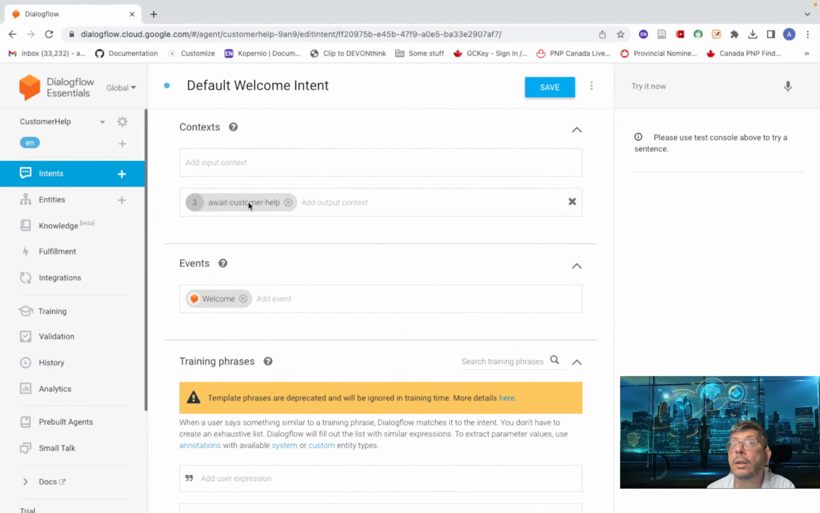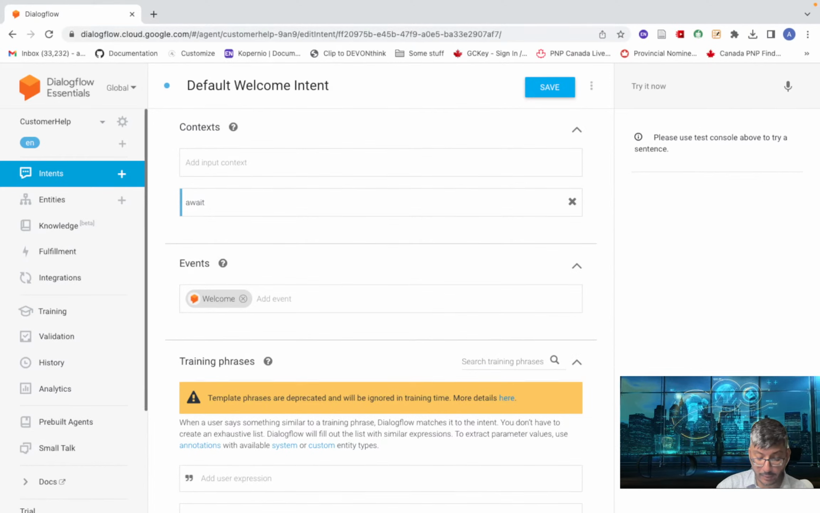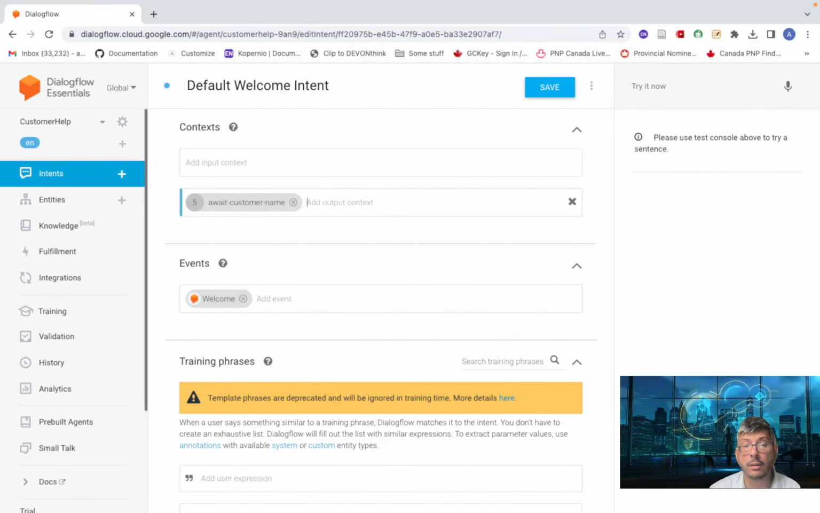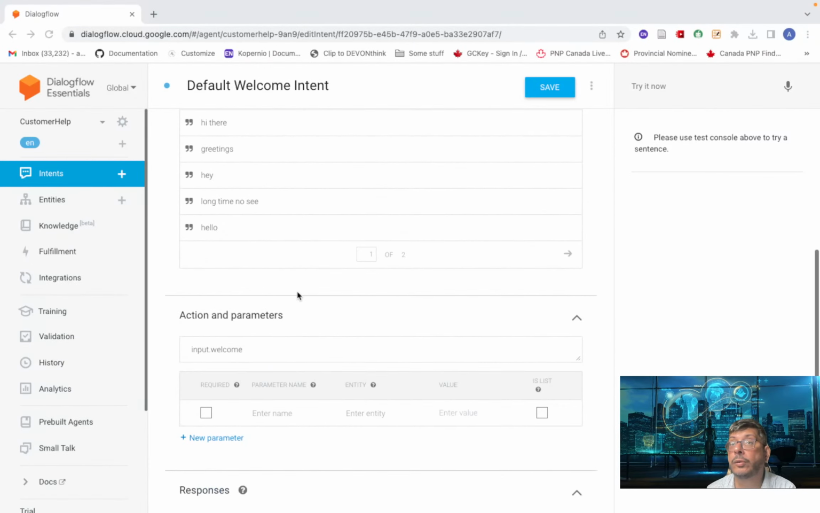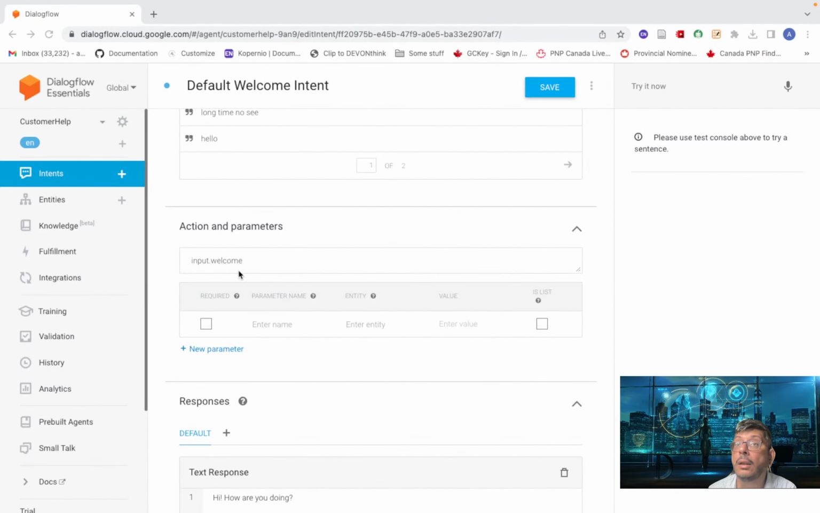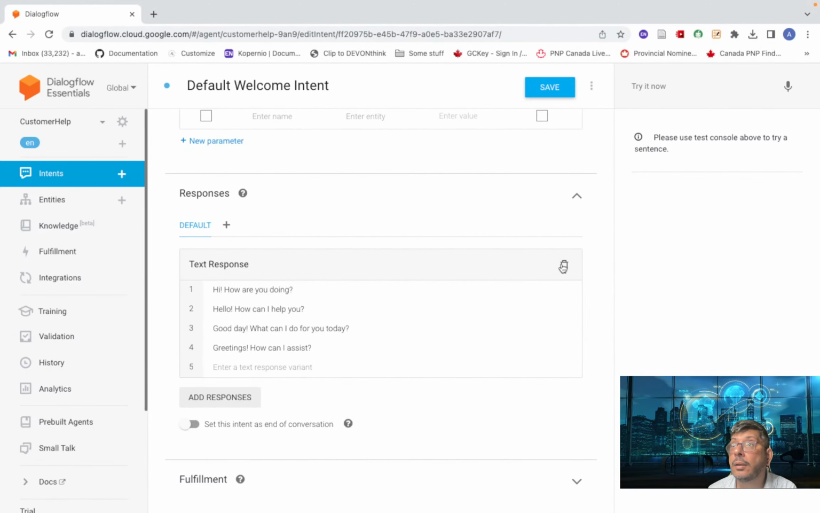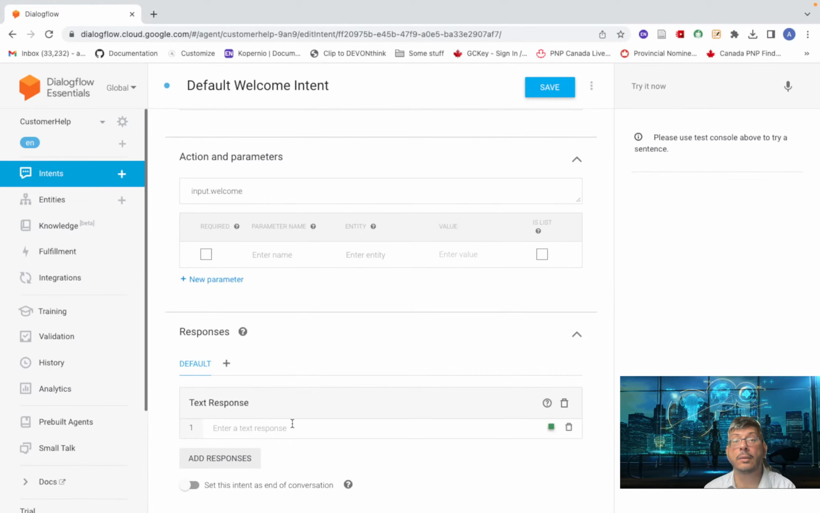So we can see the output context is await customer. Sorry, there's a mistake here. Await customer name. Okay, so we're going to give it a context of await customer name and move forward. These are just the intents. Action parameters, there won't be anything right now, and we're going to delete the default responses and add one response, and that response is